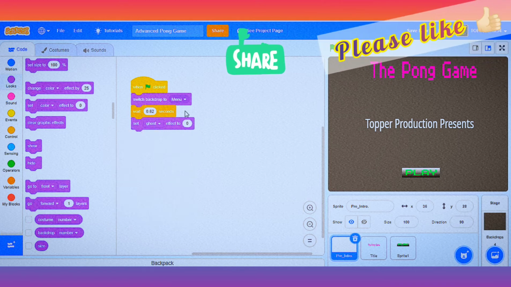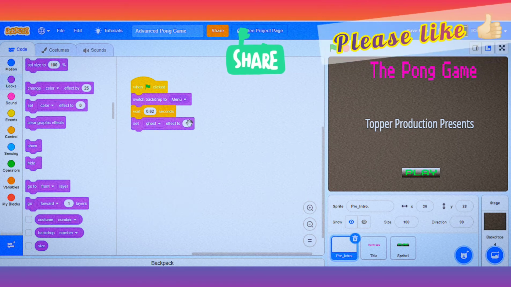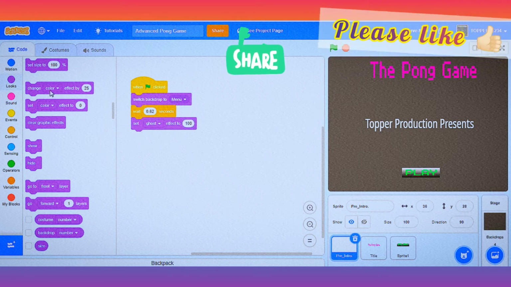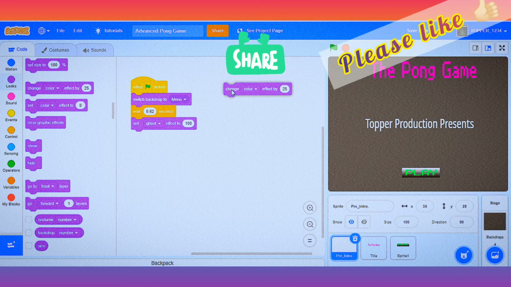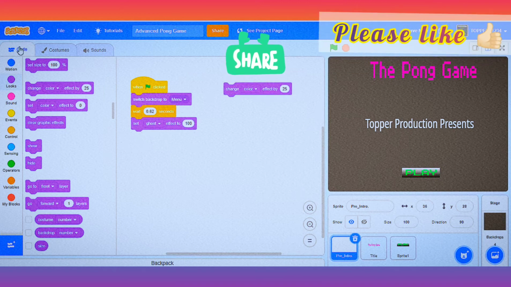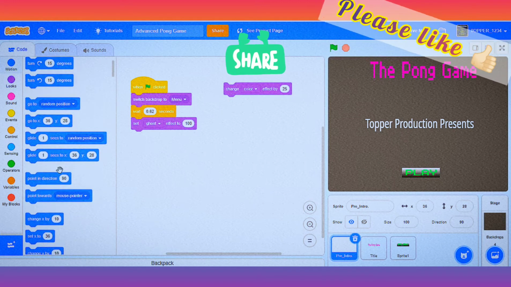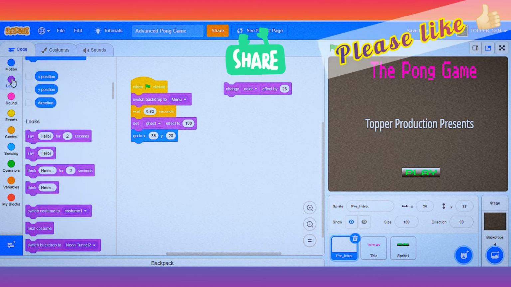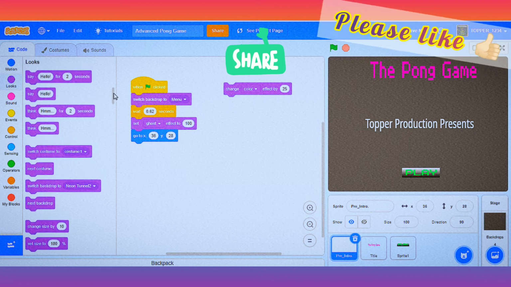I'll select ghost in the place of color and I'll set the ghost effect to 100. We'll also take this in advance. Now go to motion and select go to X and Y block. Go to X and Y, then go to looks and select show.